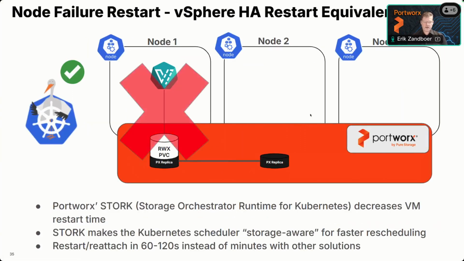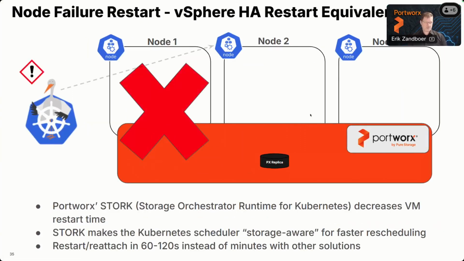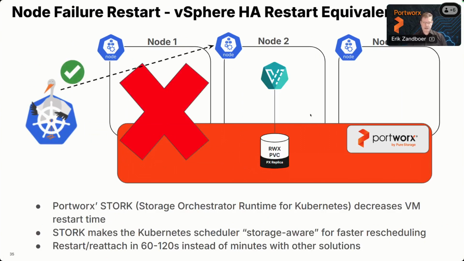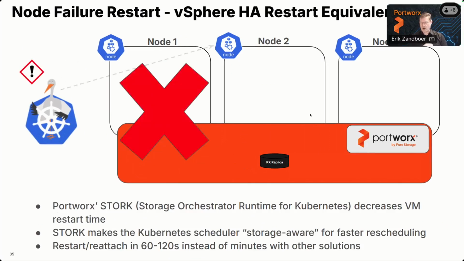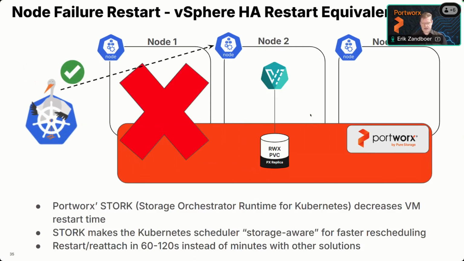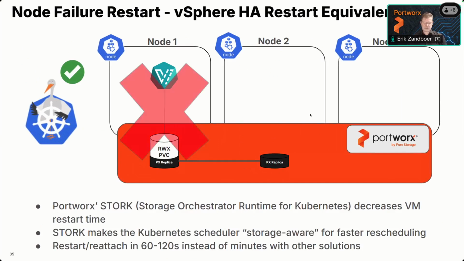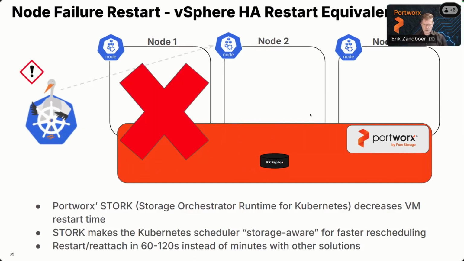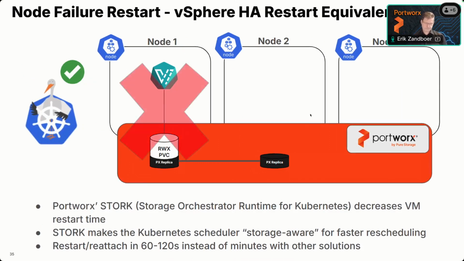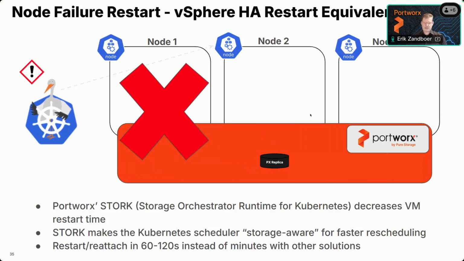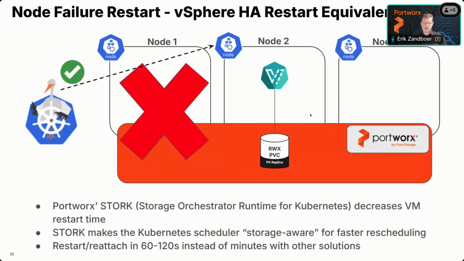But what if a node failed? Well, same thing as before. Stork will come in and say, hey, this node has a local copy, so please start it there. Again, if it can't, it could start on node 3, and then it will still work because Portworx would run across the entire set of worker nodes. So that will basically help. It will restart and reattach within a couple of minutes instead of multiple minutes. So it actually makes HA failovers much more fluent.